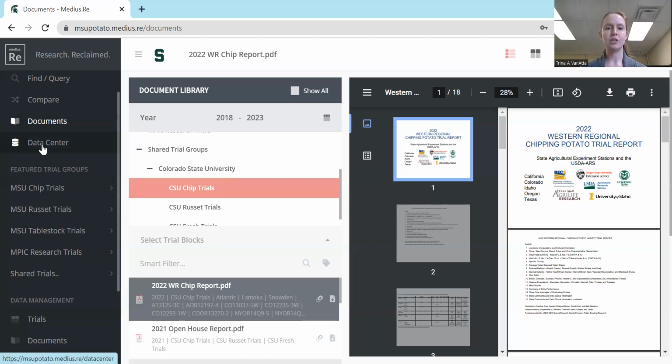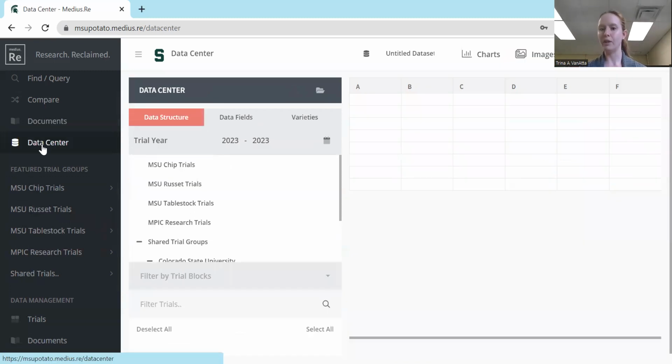We do have a data center. I don't use this as much, living over in variety development and extension kind of work. But you can make charts, you can look at coefficient of inbreeding, you can do growing degree days versus US #1 yield. And so I know our potato breeding team uses this more, but basically it works kind of like a standalone Excel where you can run macros, but you have access, it's already tied into the database versus downloading a whole huge data set to then put into Excel. So real quick, that was just how we use the MSU